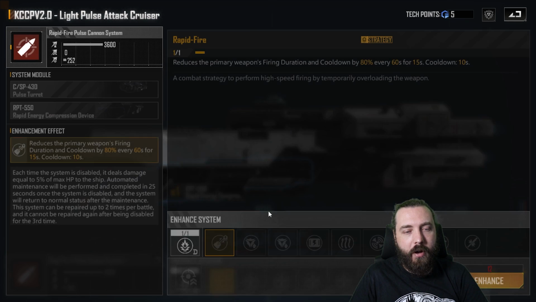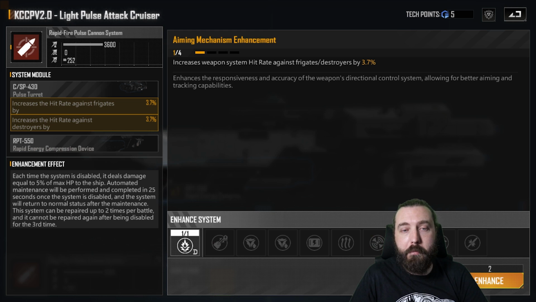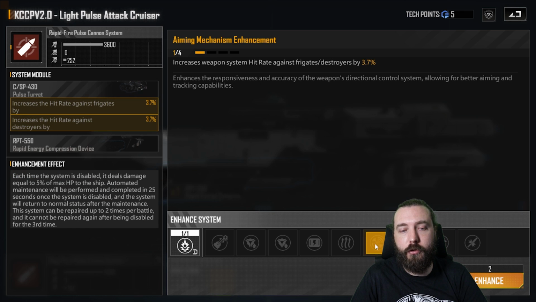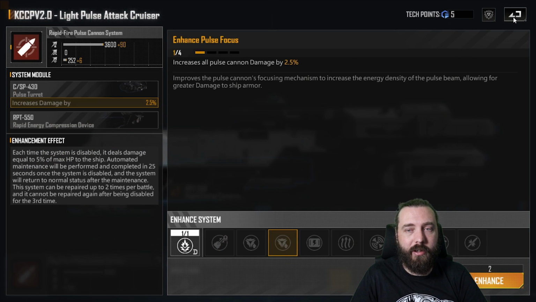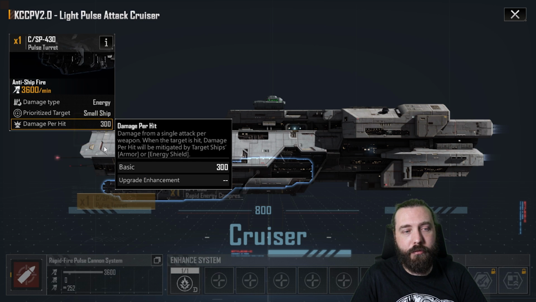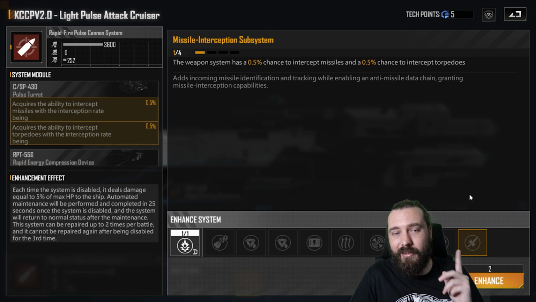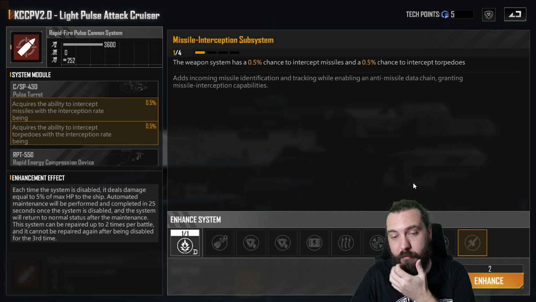Go into its rapid fire. Pulse after that, and you want both the hit rates here. You can ignore the hit rate against cruisers and higher class ships, but go double hit rate here, double cooldown. You only have 6 slots, which is a little bit unfortunate, because it actually has okay damage at 300, giving 30 damage for the 10% buff's quite nice, but it also has the intercept chance, and I actually quite like picking the intercept up on this thing if I am going to use it, which is pretty much never